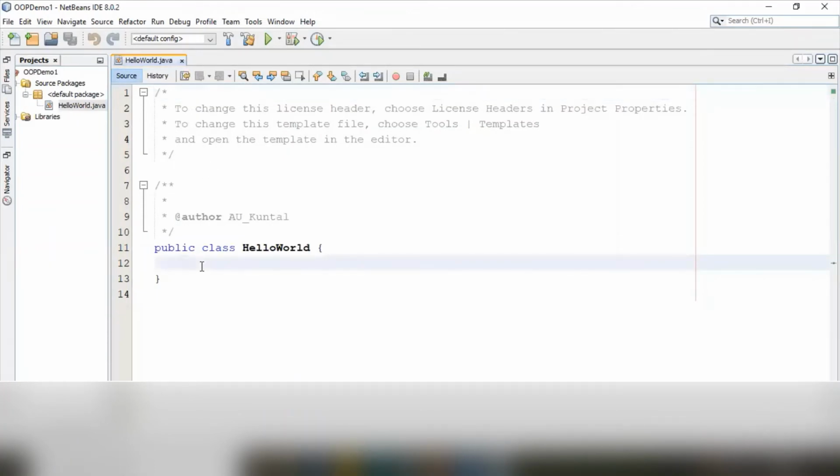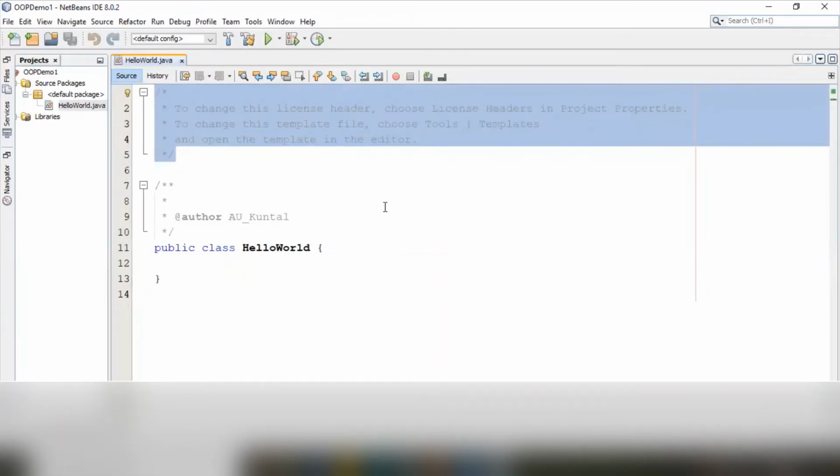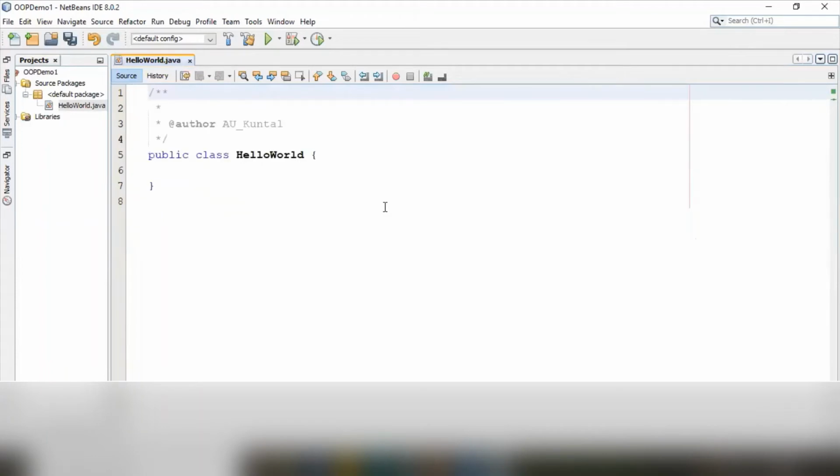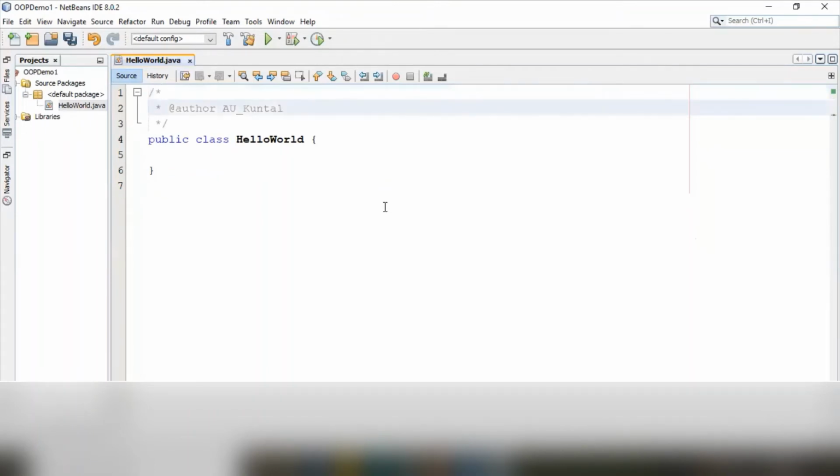Class is also created and some other documentation. This is standard practice which you have to follow also. This is a multi-line comment which is written here, and as a standard practice you can write your author name, problem definition and some other stuff.